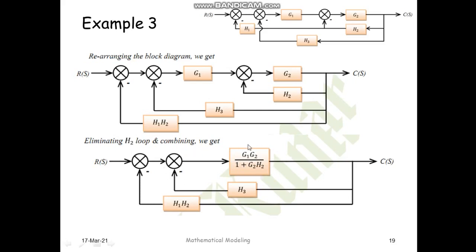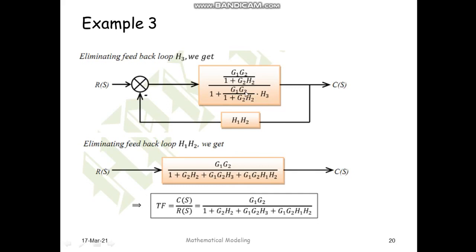Now if you observe this block and the H3 feedback, they are in a minor feedback loop. So we can write this as G1 G2 divided by 1 plus G2 H2, divided by 1 plus this particular block as it is into H3. That's it. So that is what is written over here. So after eliminating this minor feedback loop, again we get the third minor feedback loop of H1 H2. So again you can eliminate this minor feedback loop as this particular term in the numerator divided by 1 plus